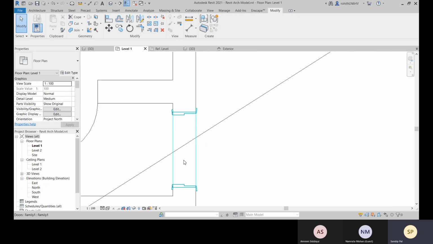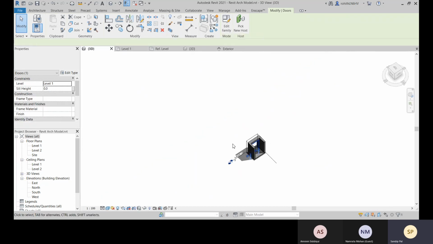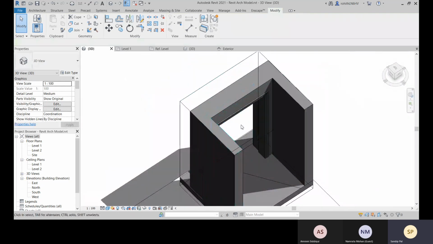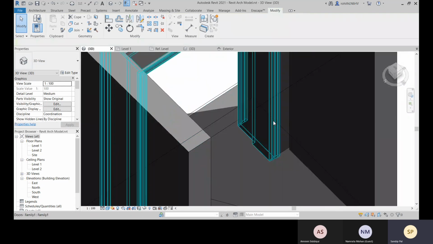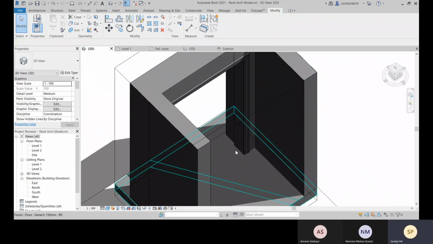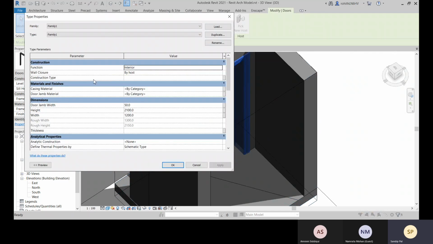So you need that also, correct? So for that, what you can do, I'll show you that later. So now just let me show you if it is working properly or not. Select this, go with this box view, or BX is a shortcut, and this is the door you have created. I haven't created the panel, so you can create the panel. You know, I'm giving you that task. So just see the properties. The sill height is available. Come to its edit type, and there you can see this casing material is there, door jam material is there.